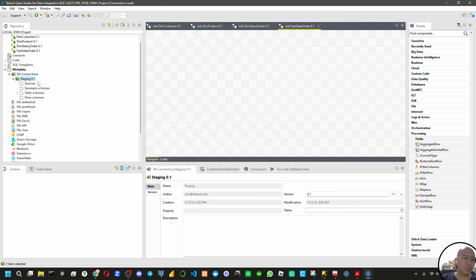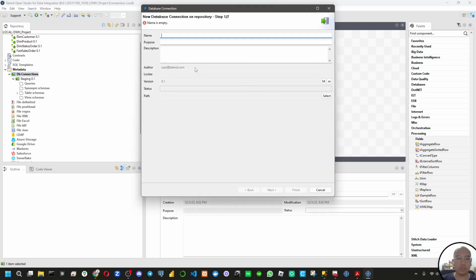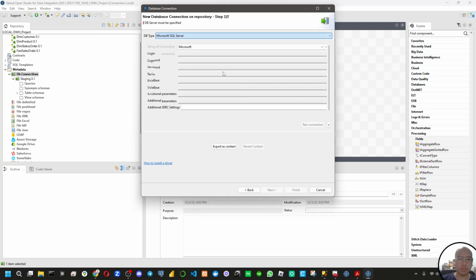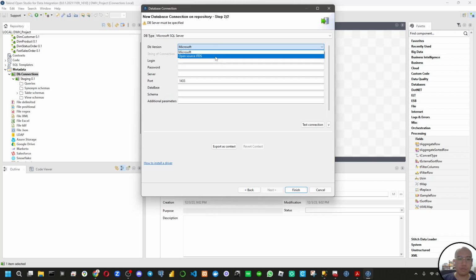Okay, that's for the input database connection. Now we create another one for the output. This one is DWH project. Okay, the database type is still Microsoft SQL Server, open source.